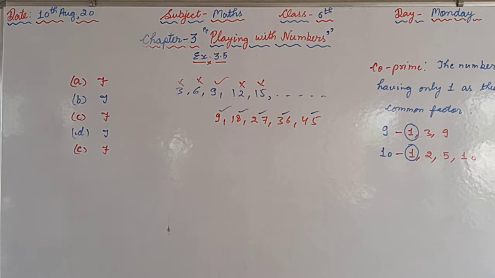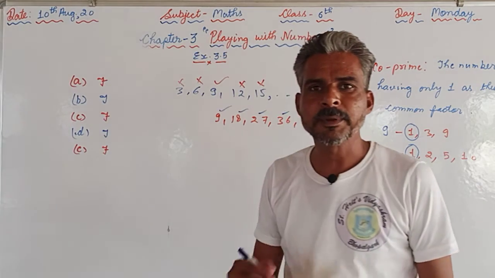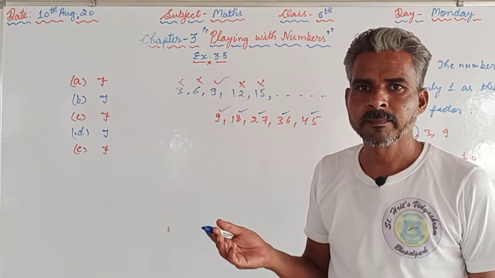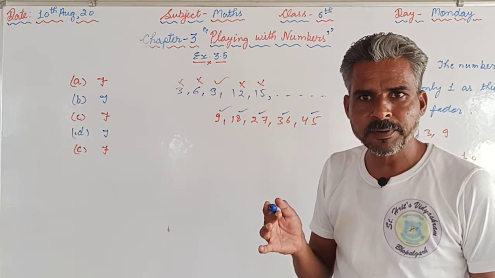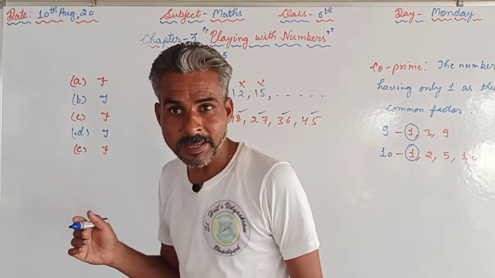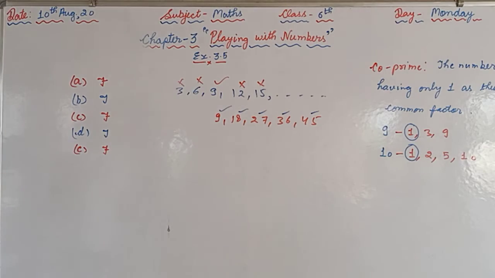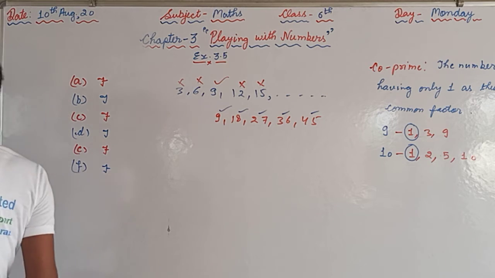Afterwards F, all numbers which are divisible by 4 must also be divisible by 8. The numbers which are divisible by 4 will also be divisible by 8? It is not possible, because the numbers which come in the table of 4, 4, 8, and 4 doesn't come in the table of 8. 12 comes in the table of 4, but 12 is not divisible by 8, so the statement is false. So for F we will say it is the false statement.